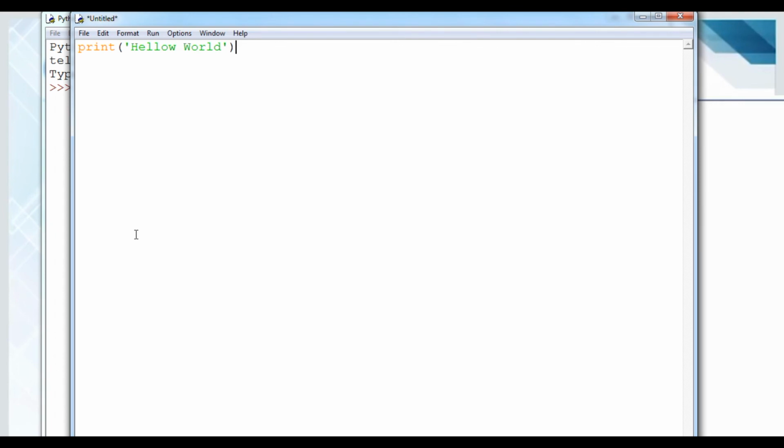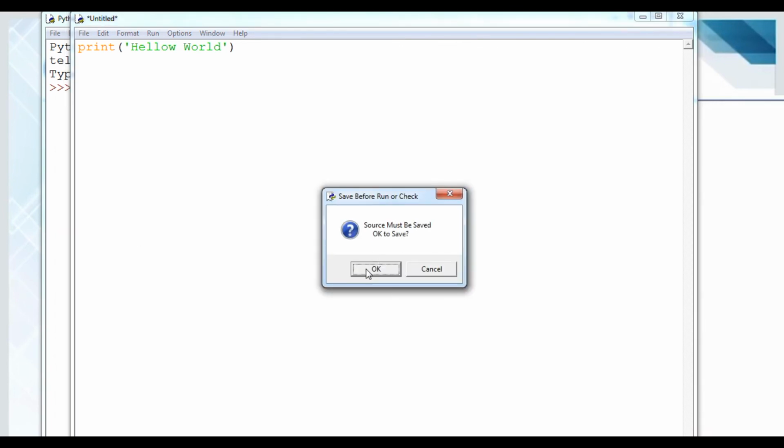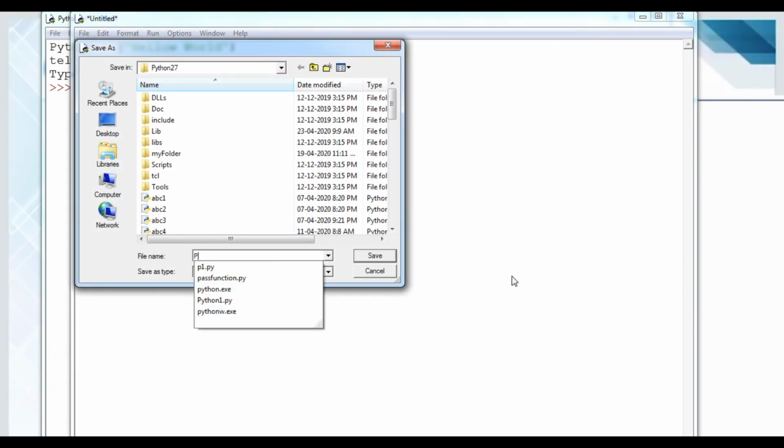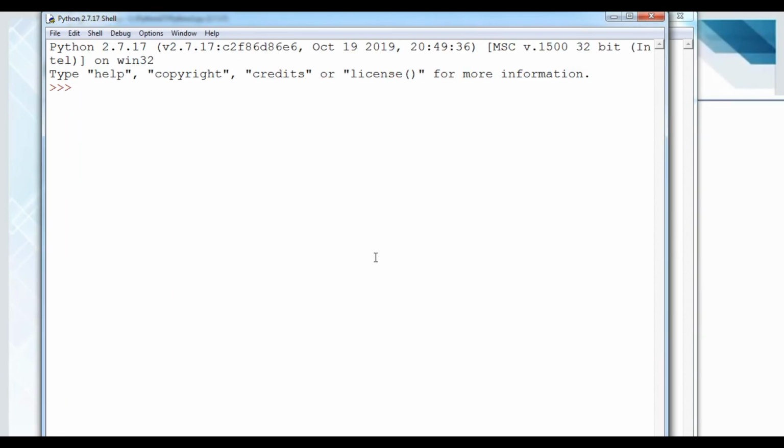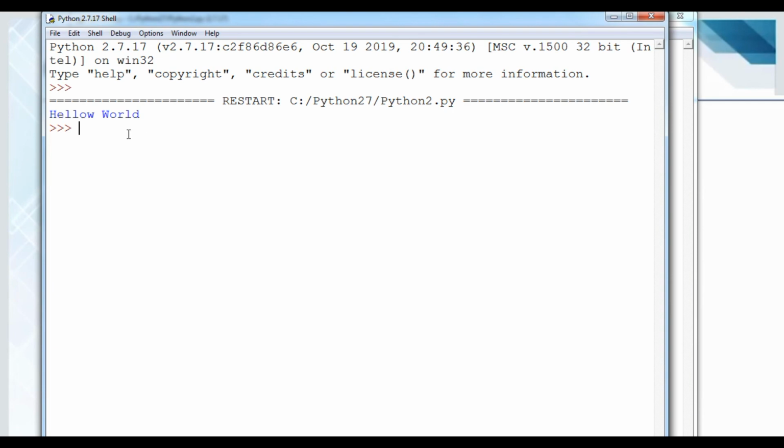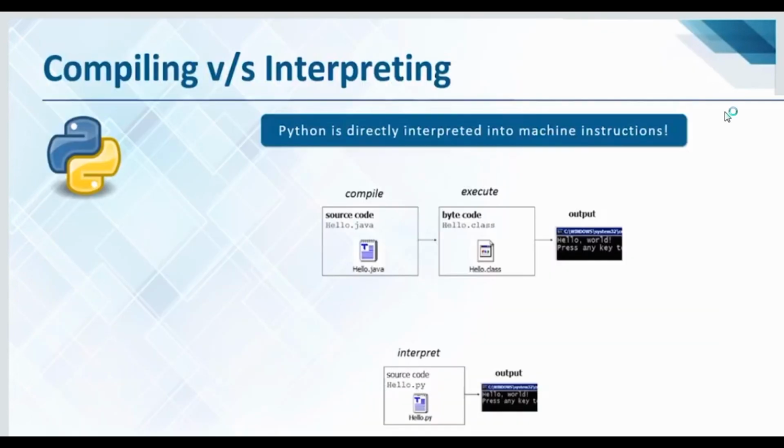Now I have to press the F5 button directly, and I will save it as Python 2. I do not need to type .py while typing the name; it is done automatically by the IDE. Save it, and now you can see the output has come. Okay, now next thing,